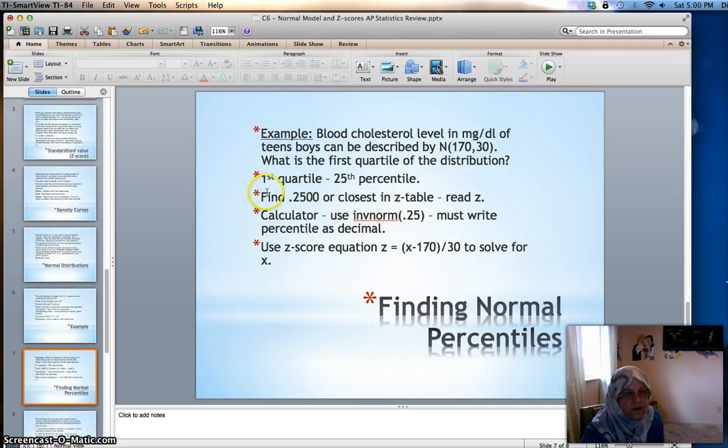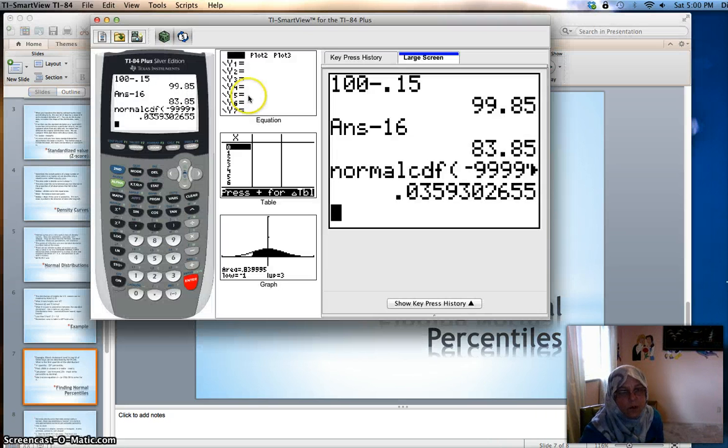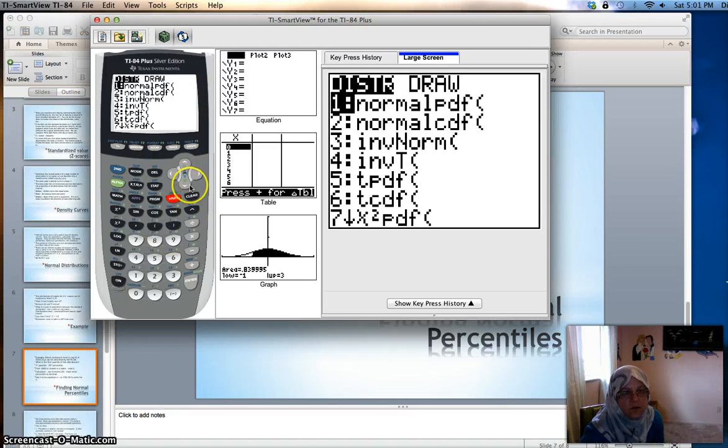So in the Z table in the back of the book, we can look for 0.2500 or the closest number we can get to that in the Z table, and then go to the margins of the table to read the Z-score. And then we can plug that into the Z-score equation right here. We could do that, or we can use the calculator to tell us the Z-score using inverse norm. Okay, so let's do that. Again, that's under the distribution menu. Inverse norm,